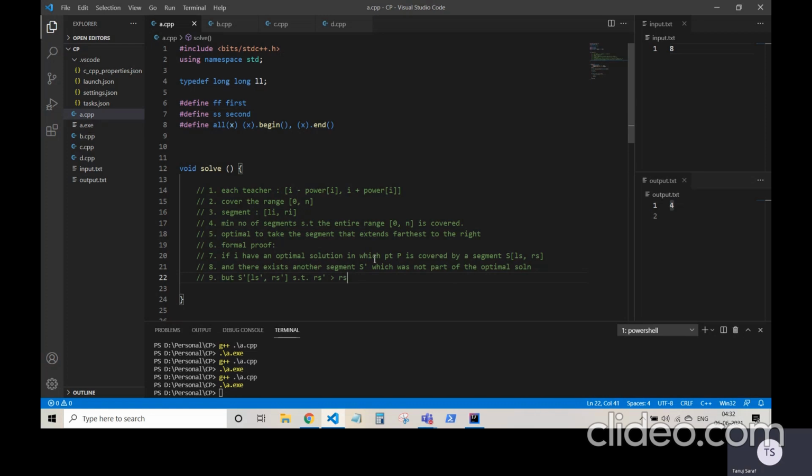If I have an optimal solution in which point P is covered by the segment S, and there exists another segment S dash, which was not part of the optimal solution, but